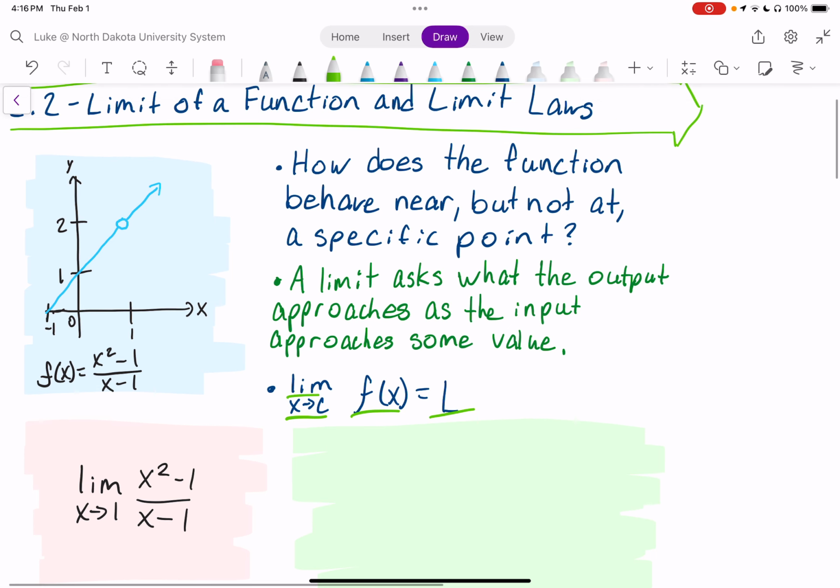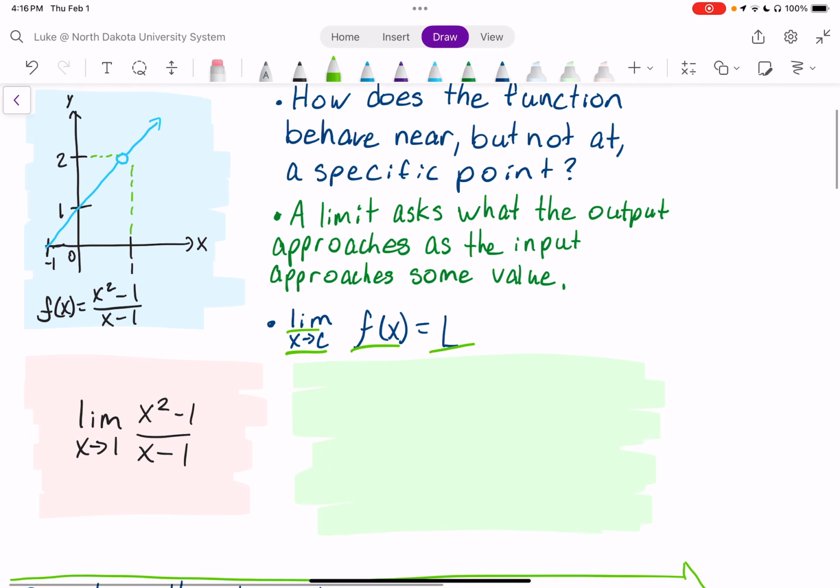So you can evaluate them graphically by just looking. So if we look here, it looks like at 1, though the function is not defined there, the output is 2, so it's probably going to be 2. But the way we look at this analytically